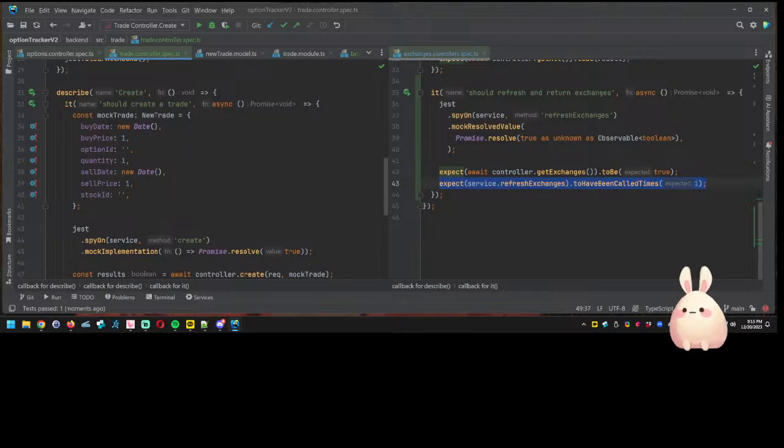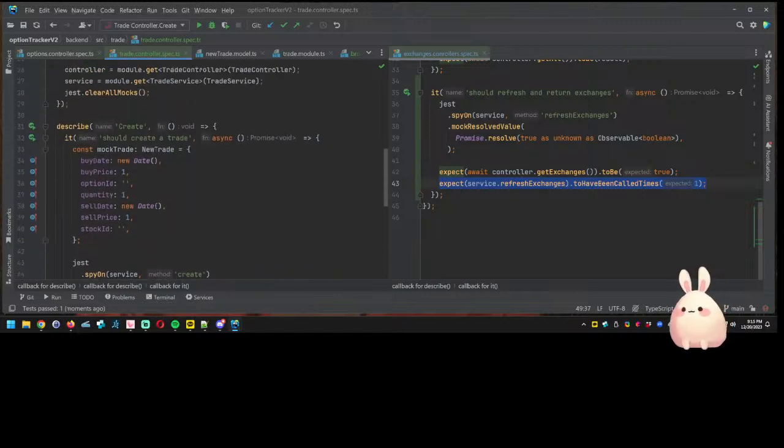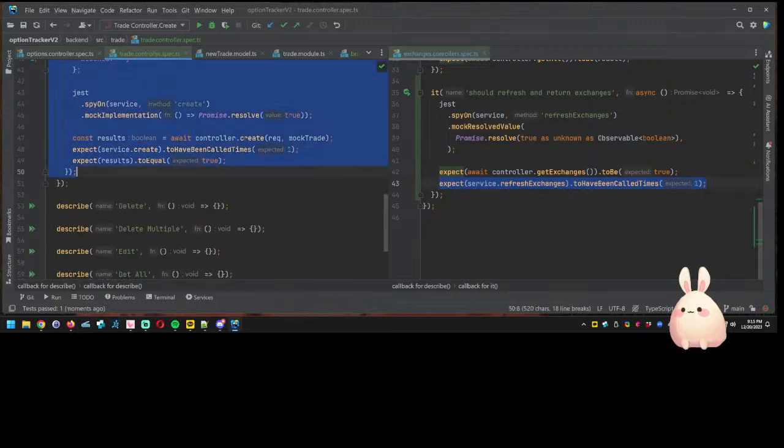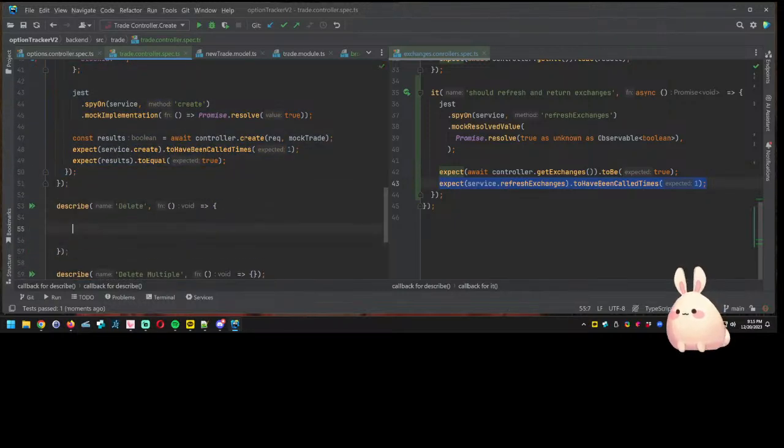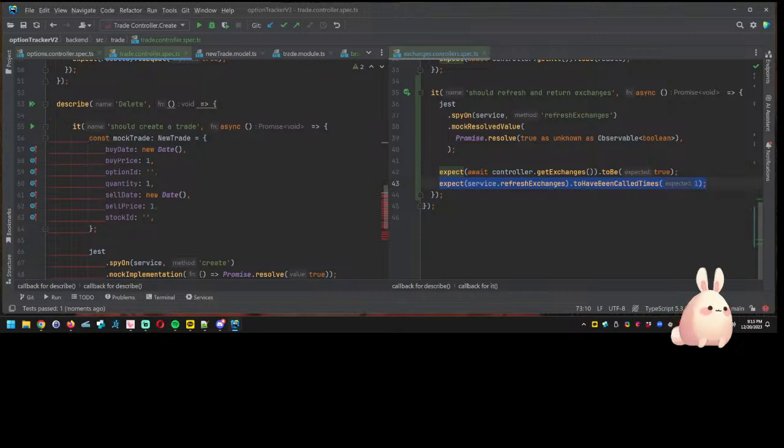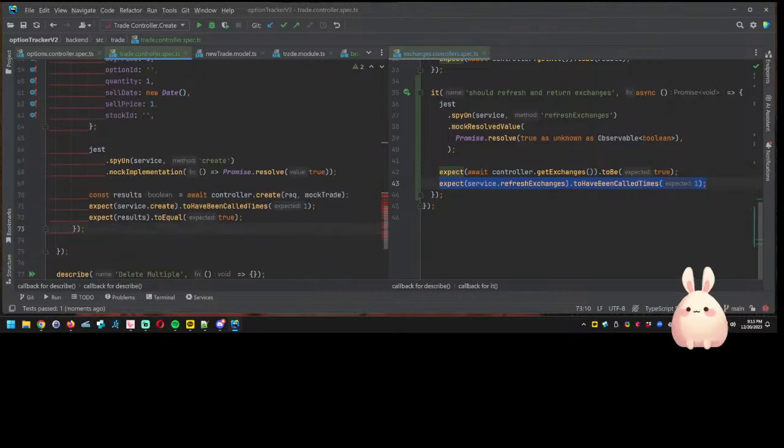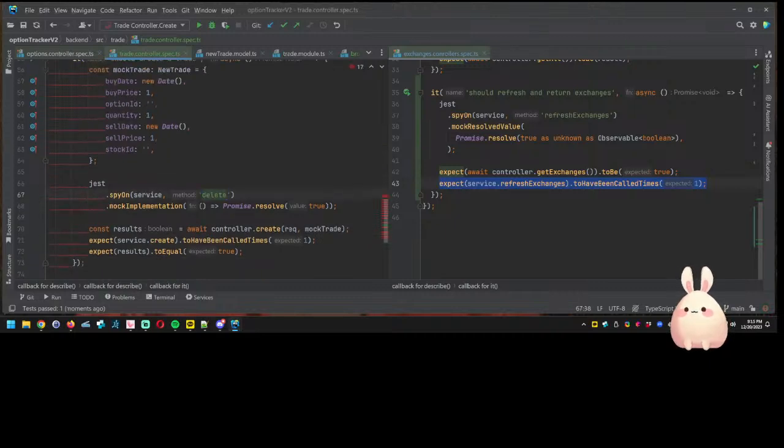I don't really have it failing at this point, but this is an example of a new trade. Let's do the delete. Kind of keep going down the line. Trade service is called delete. You're also going to return a true. In this particular instance, it's going to be a get one item object. So get one item is this